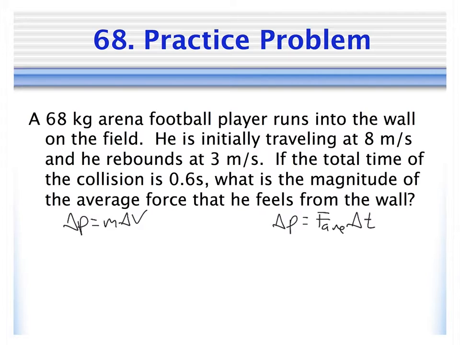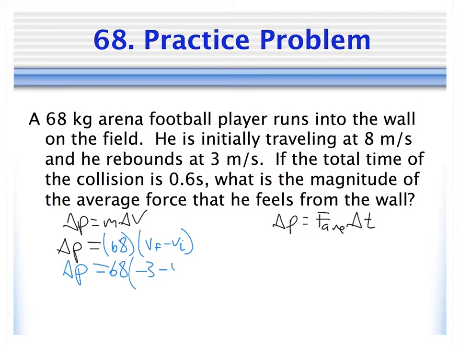So I'm going to go ahead and work through the solution here. We have change in momentum is our mass, which we know is 68 kilograms, times our change in velocity. Now the way we're going to get that is by doing V final minus V initial. This is always what we're going to do whenever we have a change. Any change is final minus initial, and in this case we're talking about a change in velocity, so it's velocity final minus velocity initial. So our change in momentum then is going to be 68 times